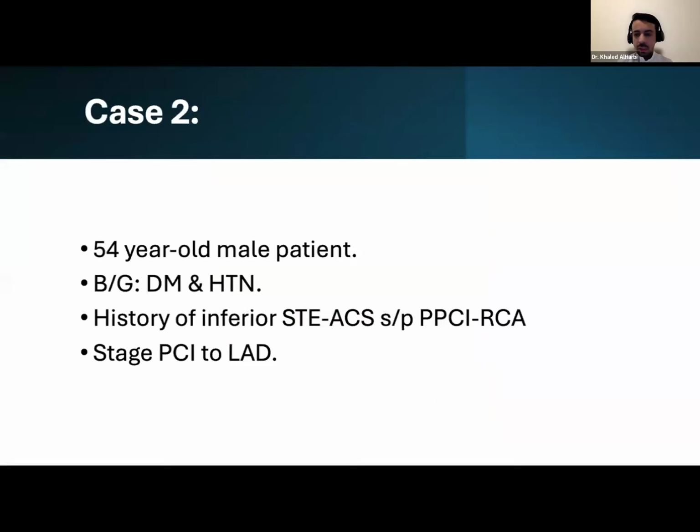Second case, so we have a 54-year-old male who had a background history of diabetes and hypertension. He had a history of inferior ST elevation, had a primary PCI, RCA, and